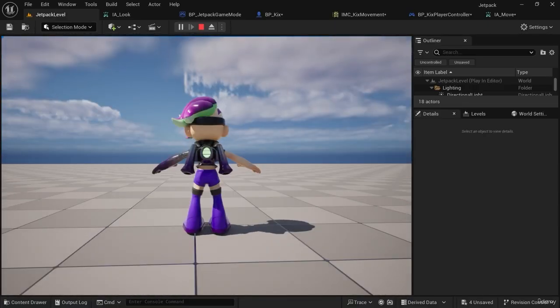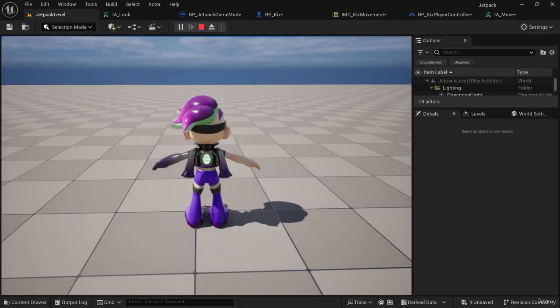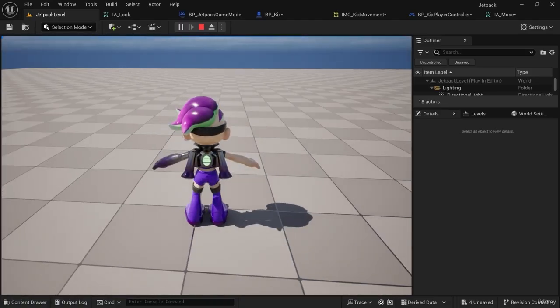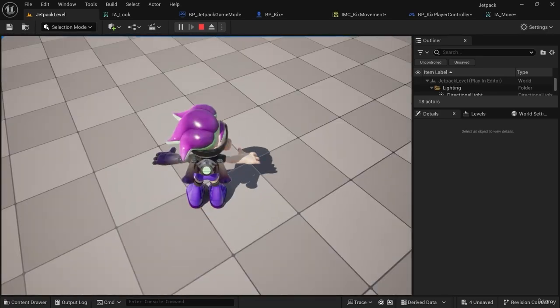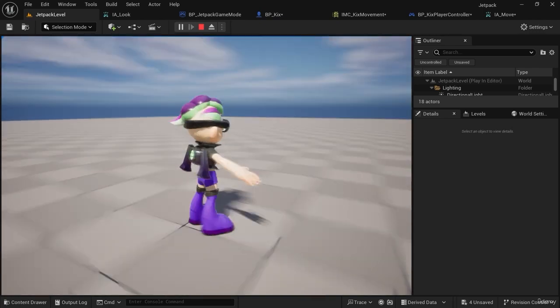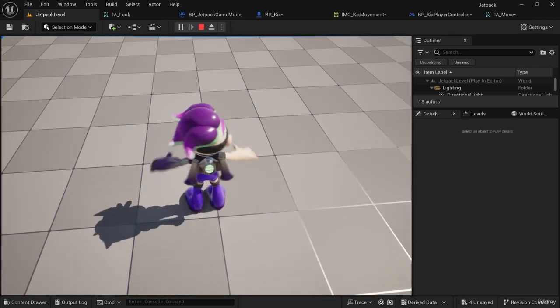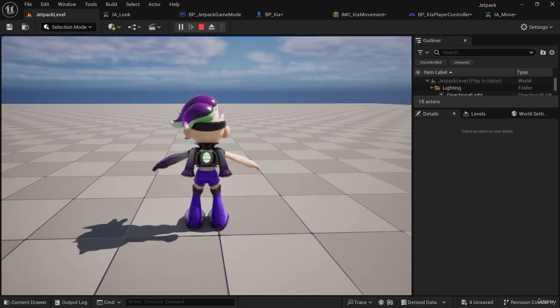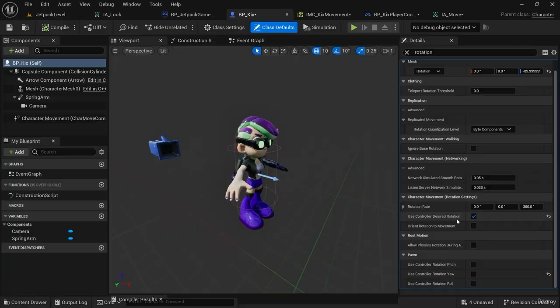If I rotate my controller very quickly, we'll see that our character is rotating to use that controller rotation, but it's not doing so very quickly. It's taking a second to rotate in that direction, and that's according to that rotation rate. We're basically smoothly interpolating towards that control rotation using the rotation rate. That's what use controller desired rotation does. There's another option